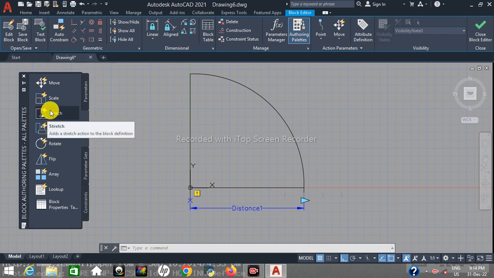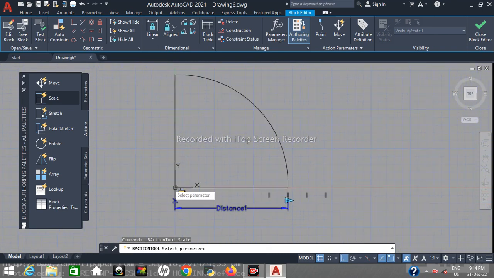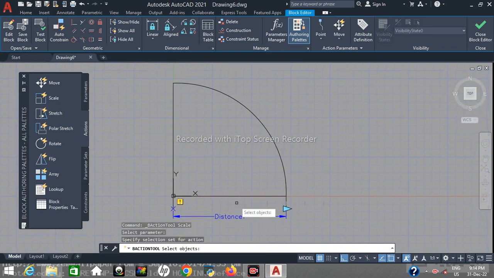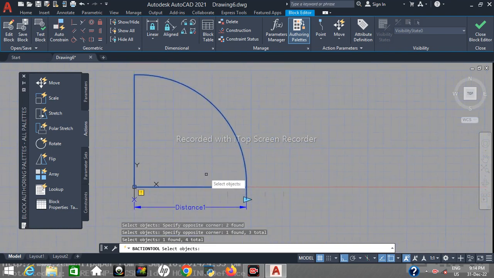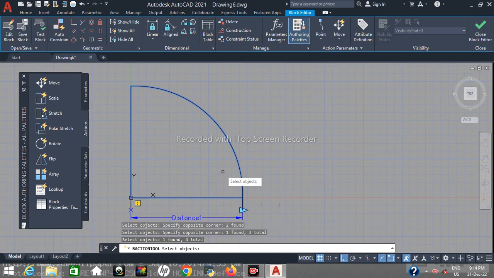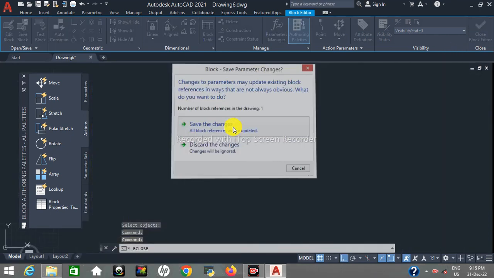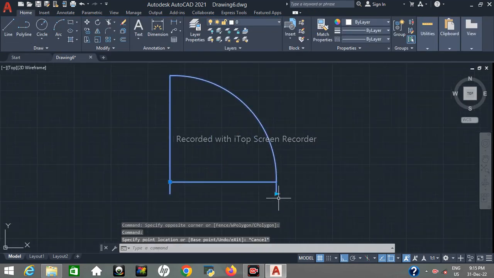So here we will give a scale action to this parameter. First of all we have to select the scale action over here, and then we can select the parameter. Here the parameter is distance one, and then we need to select objects. Here are the objects which we need to change. So these objects are going to change. So press enter, and then if now I save the block,